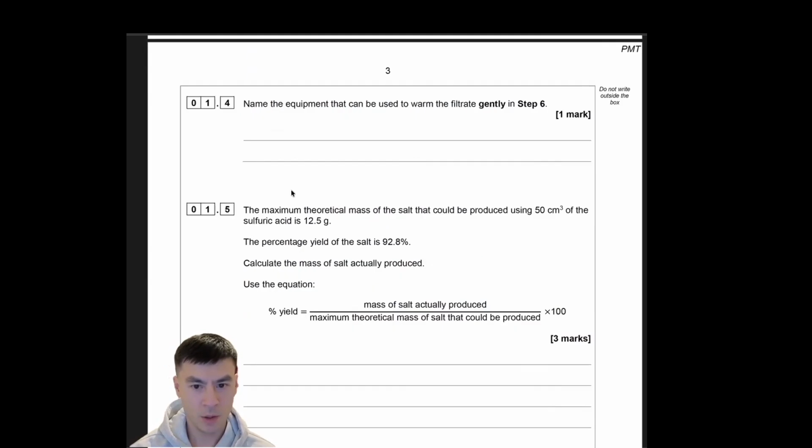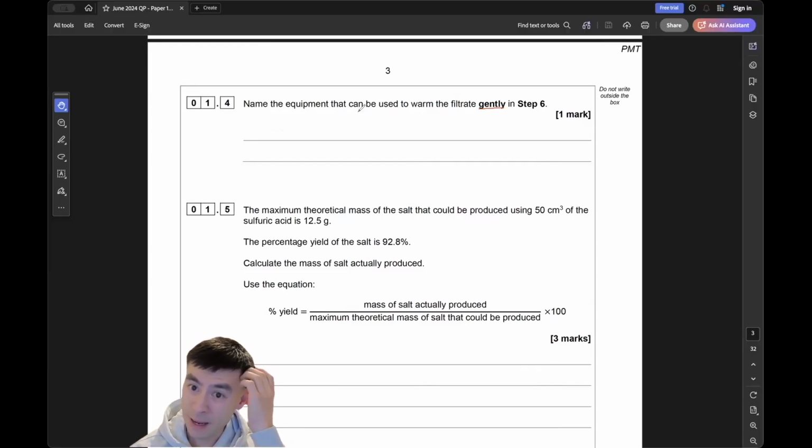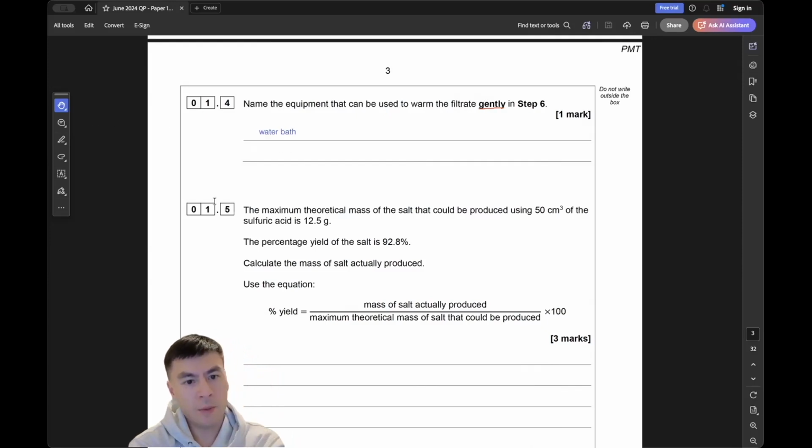CuCO3。1.4 Name the equipment that can be used to warm the filtrate gently。如果你寫 Bunsen burner 就唔啱啦，因為太 violent 啦 Bunsen burner。咁我哋 heat it gently 一定用 water bath 㗎啦。Okay, 1.5 Maximum theoretical mass of the salt that could be produced using 50